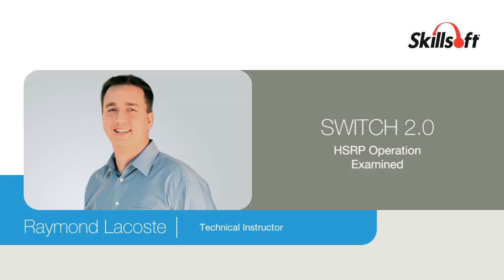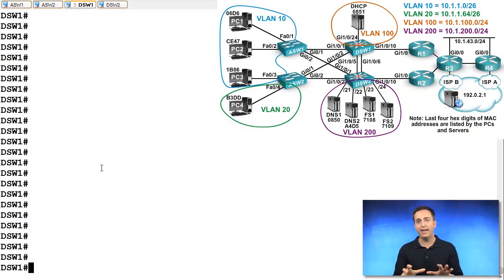Let's have some fun with our multi-layer switches and HSRP. What do we want to do? We want to analyze the path that is currently being used by a PC within a particular VLAN. Right now, we have HSRP Group 10 configured on DSW1 and DSW2, and it's associated with the subnet of